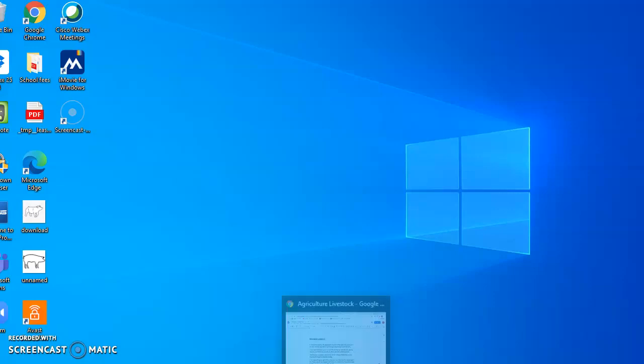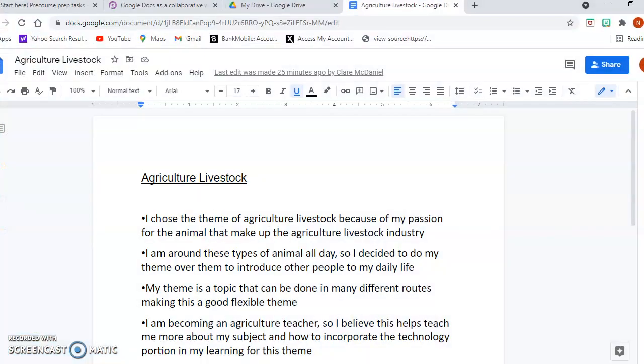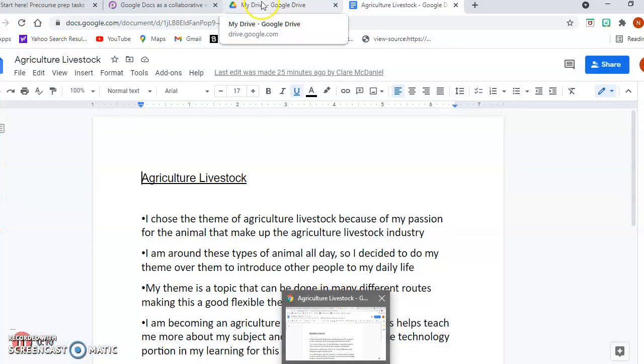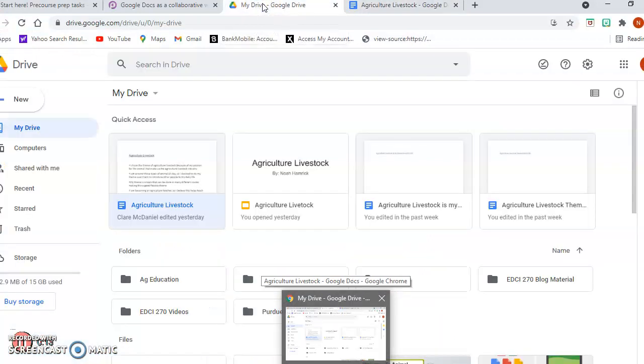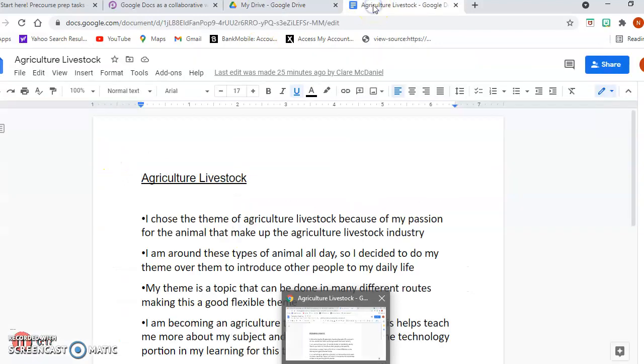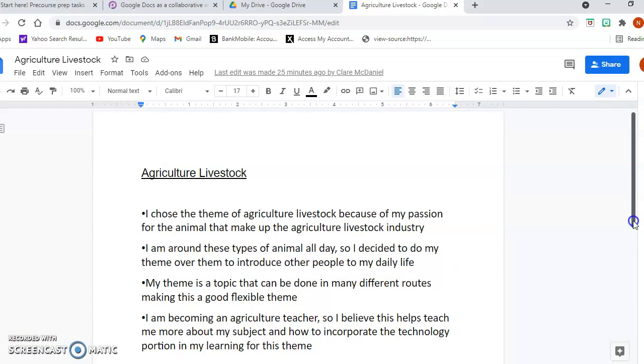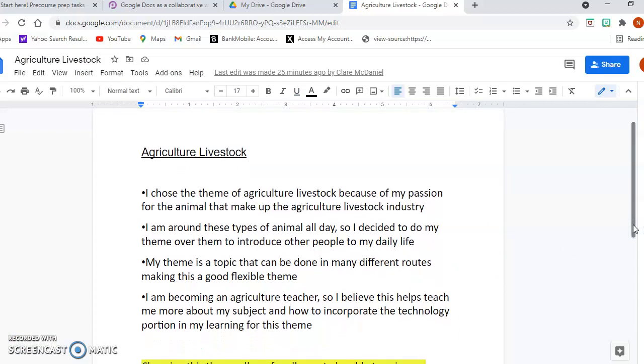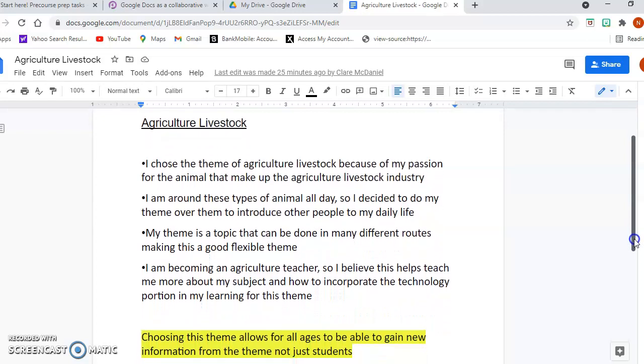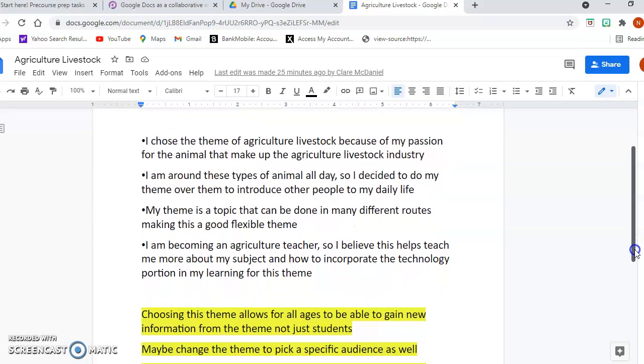So first I pull up my internet here, and I've already started in. I've logged into my Drive, and in my Google Drive I have my document right here that you double click on, and it pulls you over to my page that I've already started this on. As you can see here, I've already started working on this. I've got my theme at the top, and I've got what I've already chosen in the just black and bolded